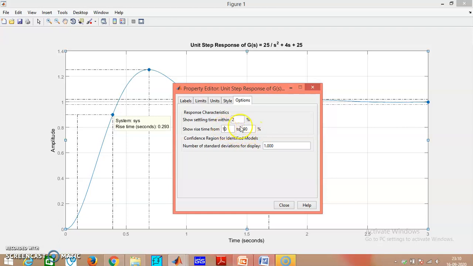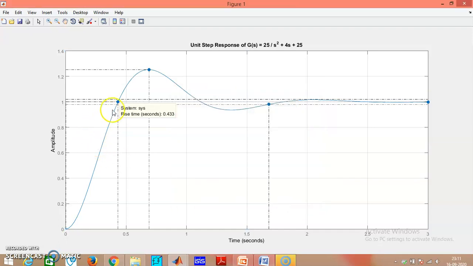So just make a change here, make it 0, make this 100, and just click on enter. Once you click on enter, you will find that the rise time has been shifted. Now it is measured between 0 and 100% of the final steady state value.